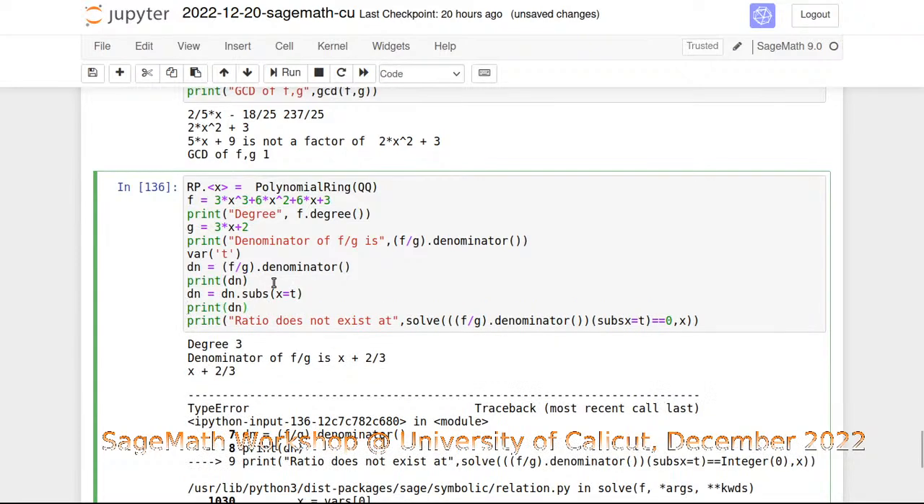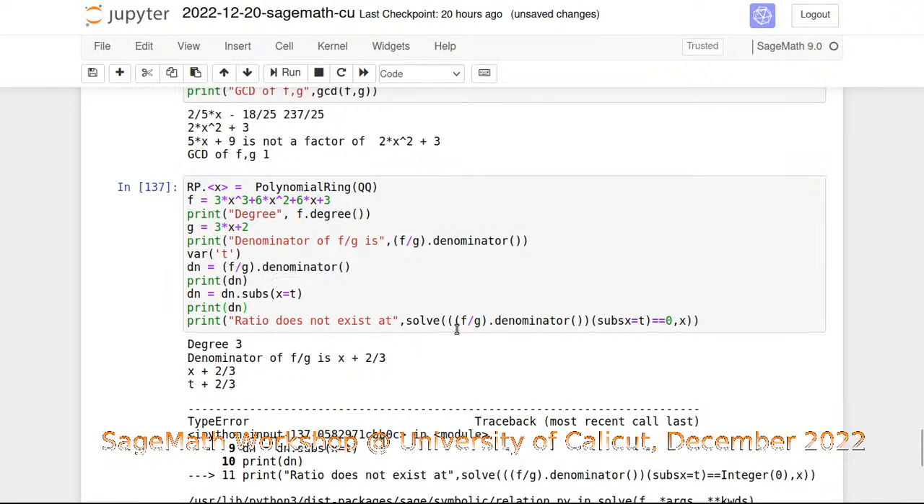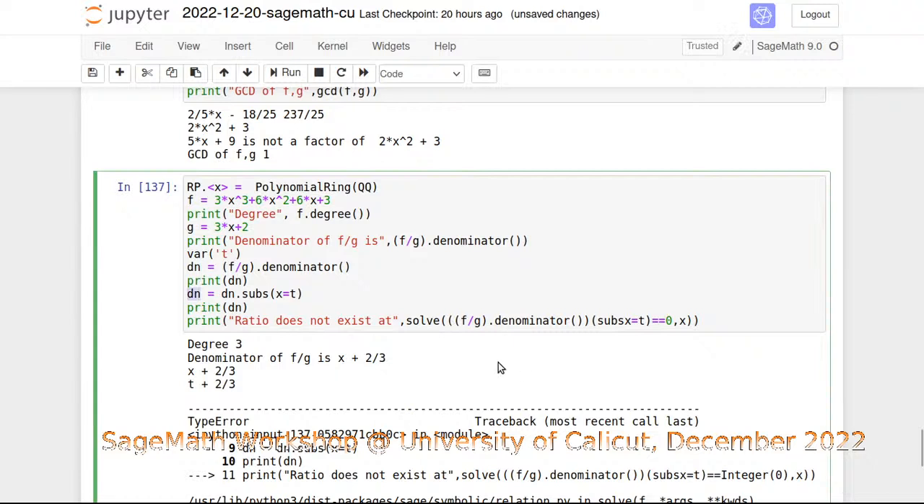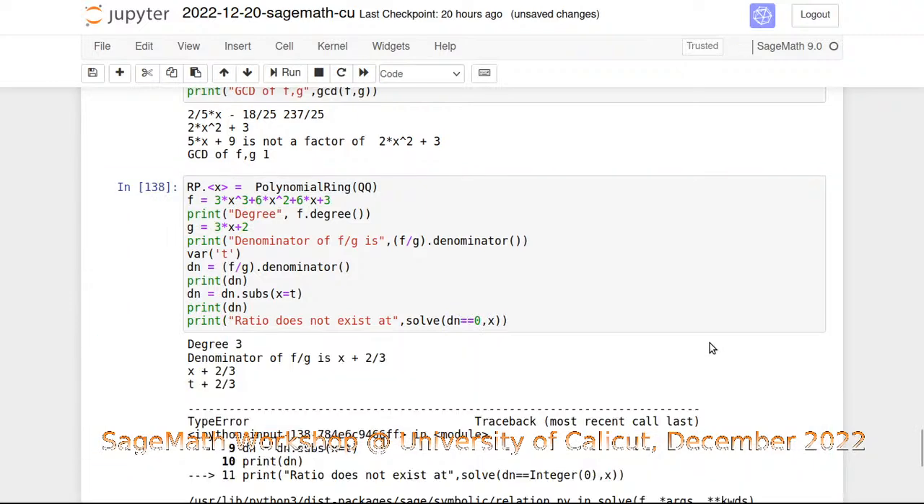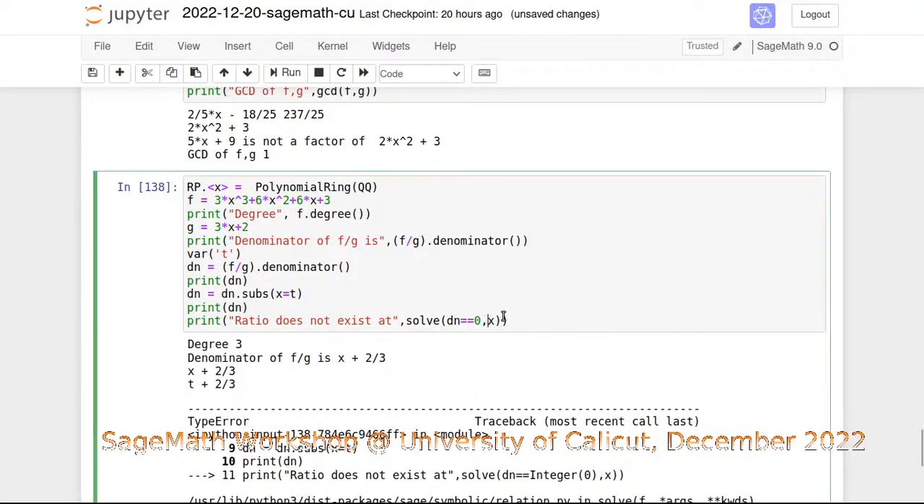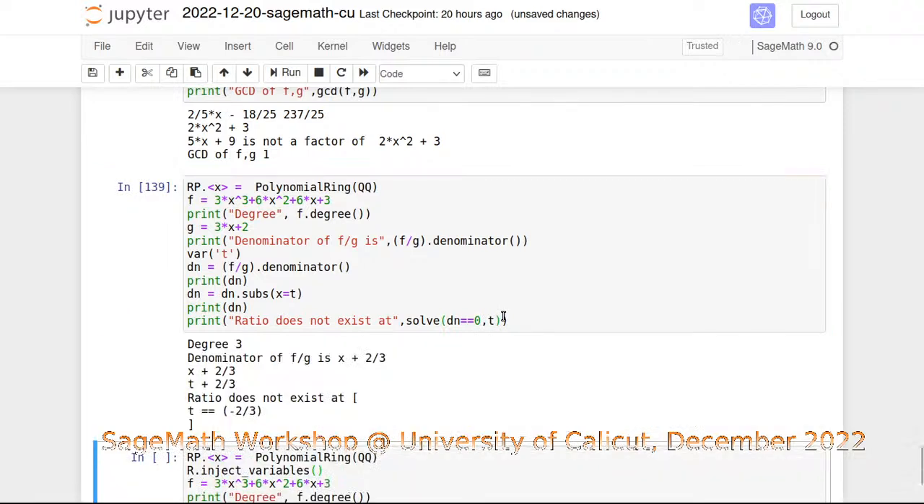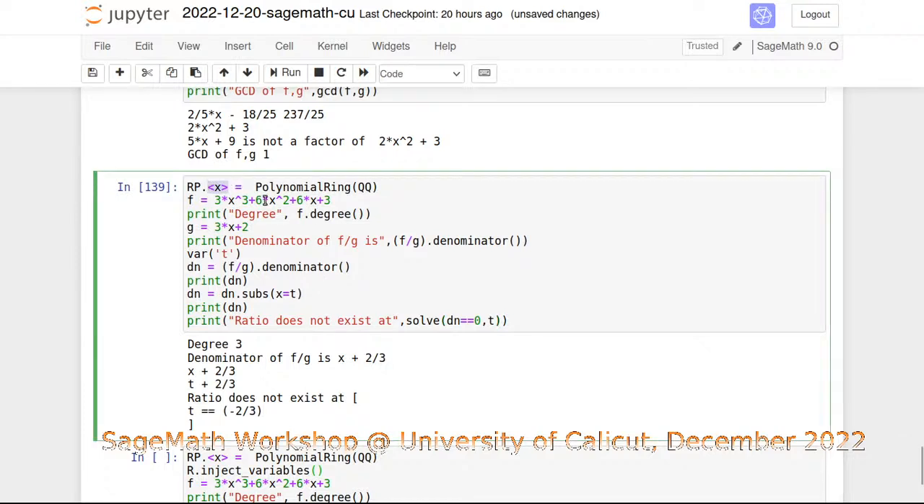I am just trying. So this is t plus... Now this dn is the denominator. Solve for dn equal to 0, say, and t is the variable. Yes, that works. So essentially the problem, as I told, is that x here is taken as the generator of